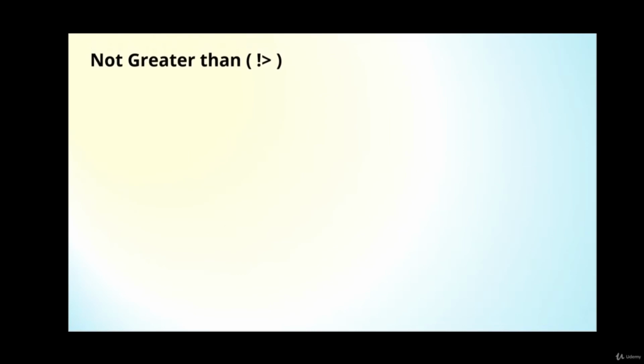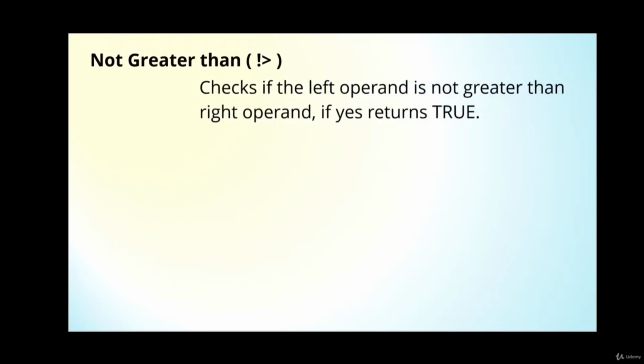Next operator is the not greater than operator. Not greater than checks if the left operand is not greater than the right operand. If yes, then it returns true. For example,